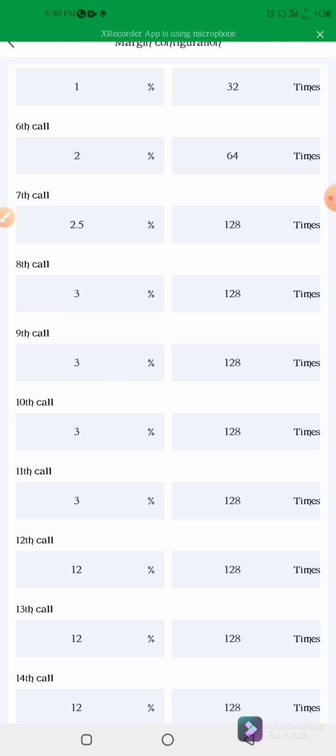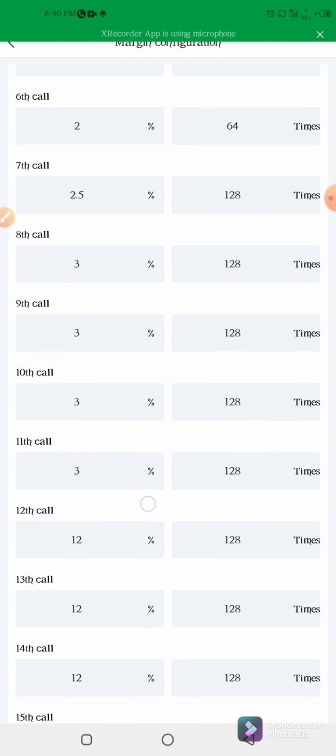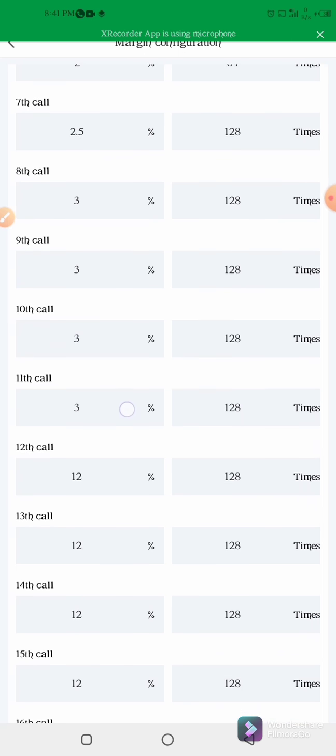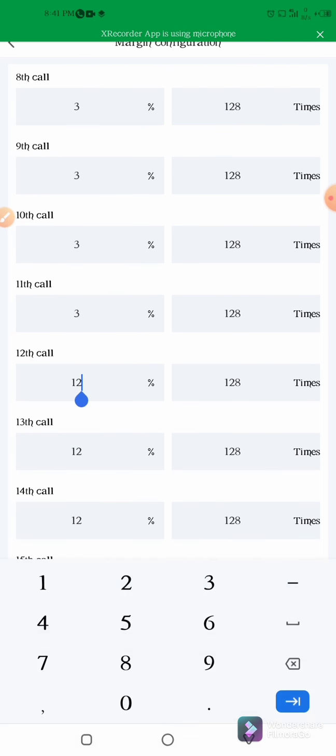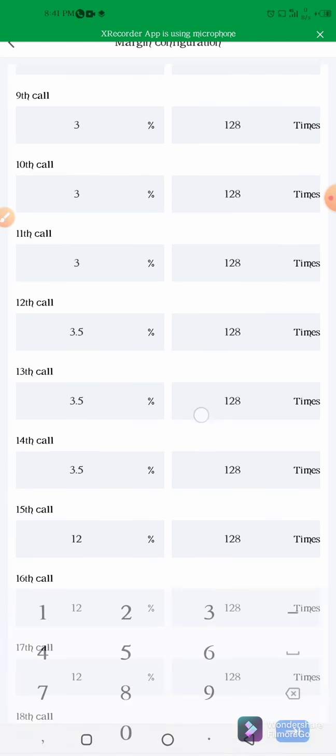Okay, I'm trying to look at my settings again. I have 1, 2, 3, 4. Okay, from the 12th, we change to 3.5. Then we have 3.5, 3.5, and then 3.5,